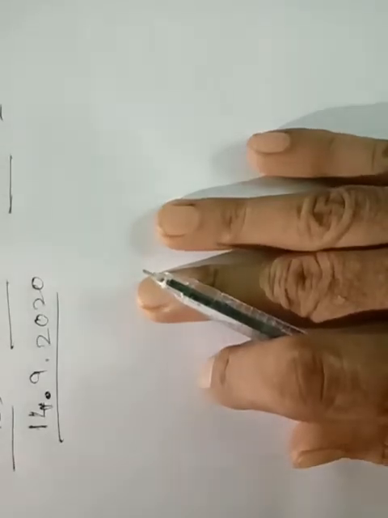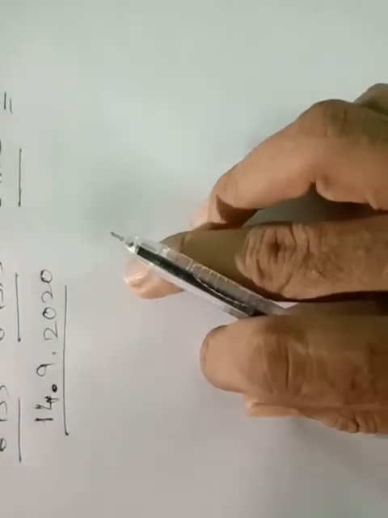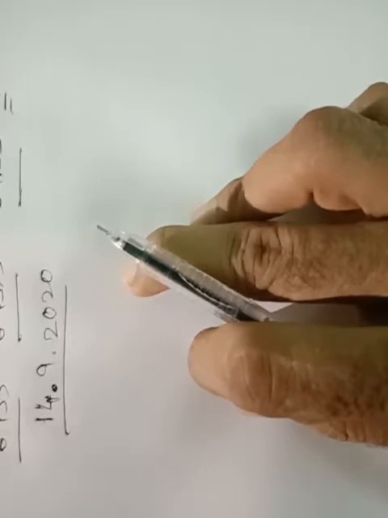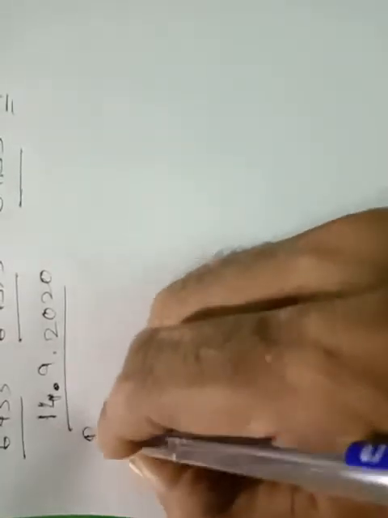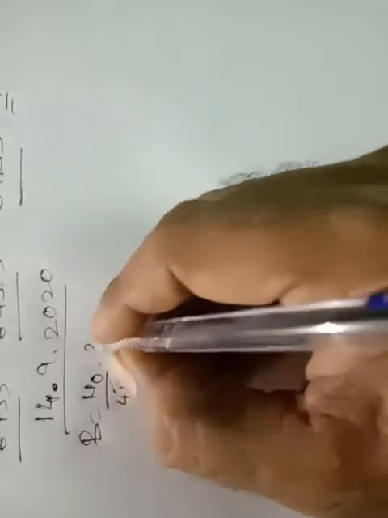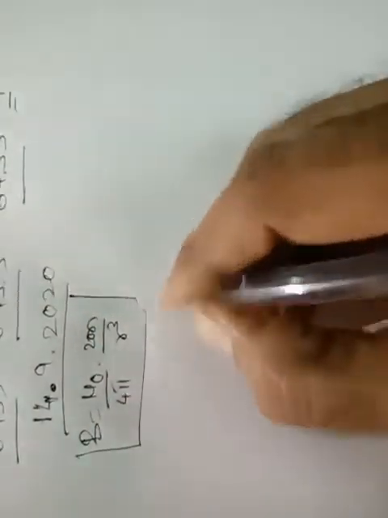See, students, on Saturday we derived the relation for the bar magnet. We have shown that a bar magnet is equivalent to a solenoid. That relation we derived on Saturday, and we came to know that B is equal to mu naught by 4 pi into 2m by r cube.